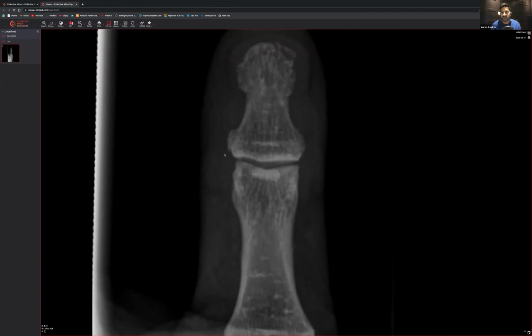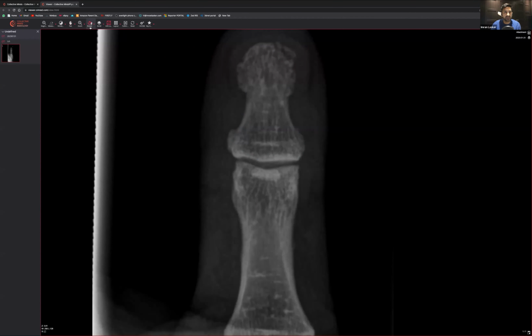You can see you can zoom in, again, just draw around like this and like this. And you start to see that there is a bit of a discrepancy over this particular area over here. Can you see that? I just point that out for anyone that hasn't seen it. There is a bit of an abnormality, right? It doesn't look like it connects to the rest of the terminal tuft of the bone.